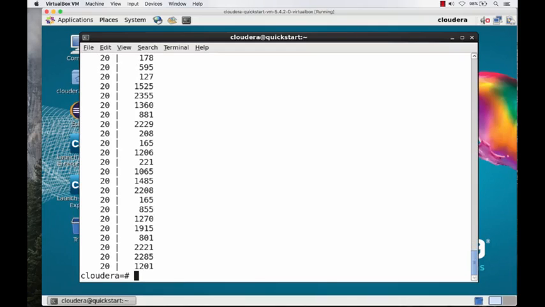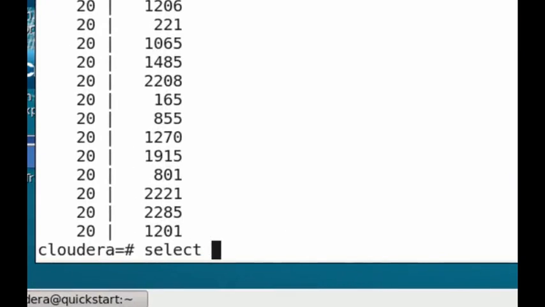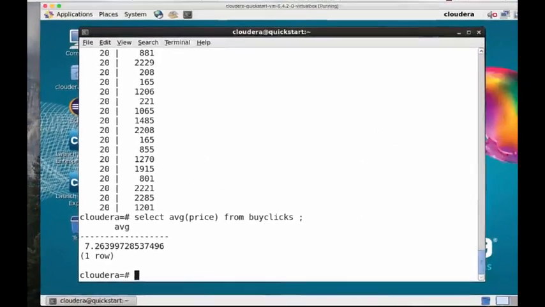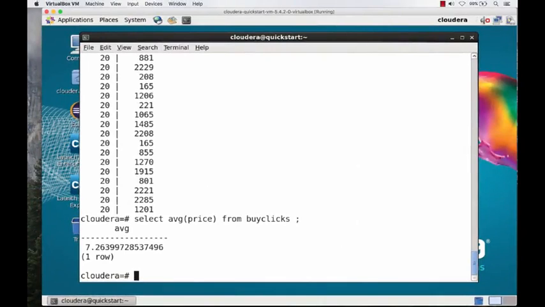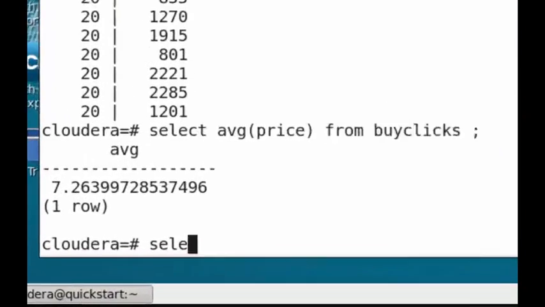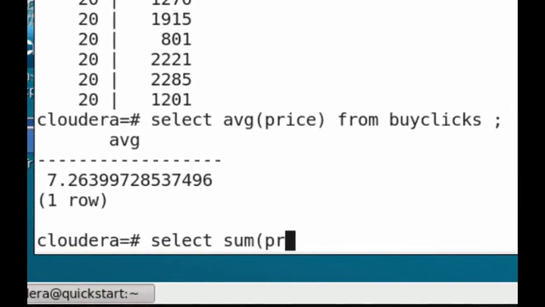The SQL language has a number of aggregation operations built into it. For example, we can take the average price by running select avg(price) from byclicks; This command will show the average price from all the data in the byclicks table. Another aggregate operation is sum. We can see the total price by running select sum(price) from byclicks;